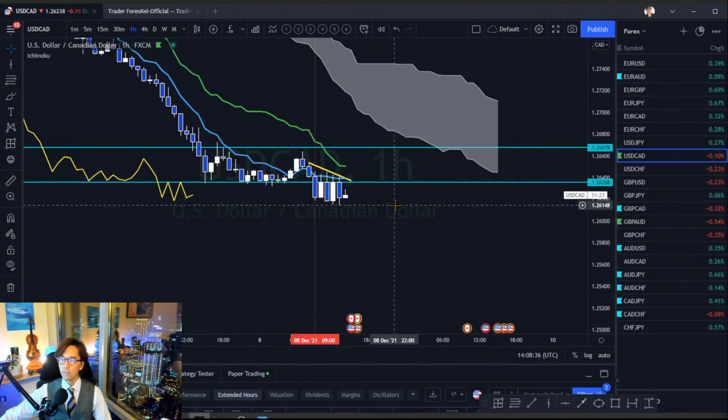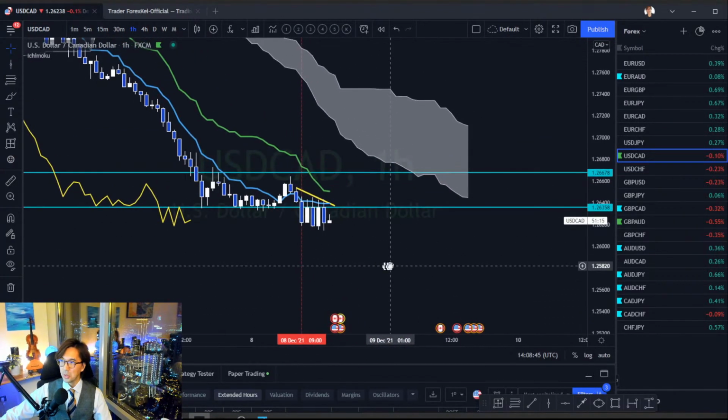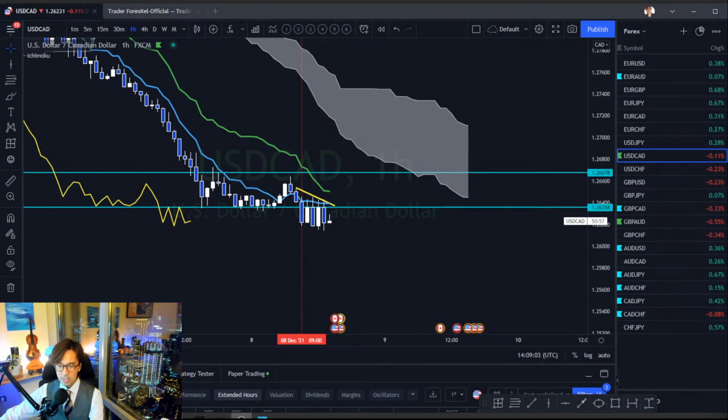I'm still holding a sell without setting the break even because this is still ranging as per 1 hour chart. But the reason I'm still holding the sell is because this is still downtrending in 1 hour chart. So I use Ichimoku Kinko Hyo, and Ichimoku Kinko Hyo is my main strategy and the main indicator for higher time frames. So my mindset is as long as 1 hour chart stays down, sorry, let me switch back to the